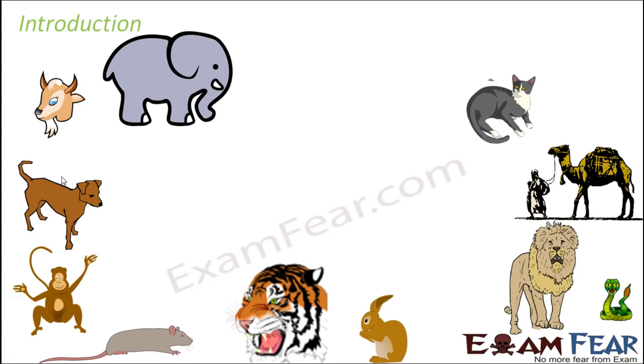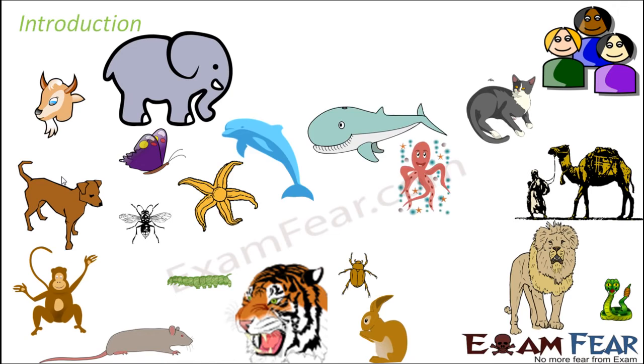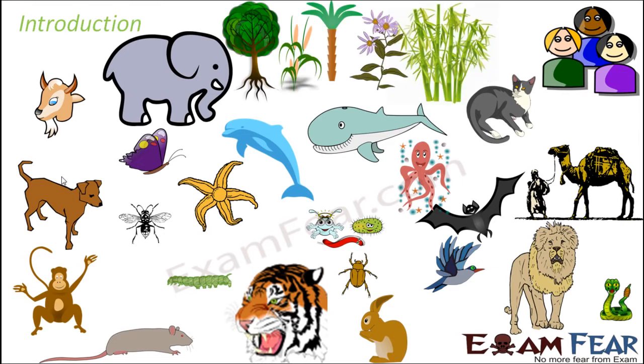Even we are a part of the living organisms which exist on this earth. So the variety of animals, human beings, small insects, in fact the aquatic life where you have a lot of animals, plants, fishes, the birds, the tiny microorganisms like bacteria, fungi. All of them are part of the living organisms. The huge plant kingdom where we have small plants, big trees, flowering, non-flowering plants. All of these life forms together constitute the living organisms existing on this earth.